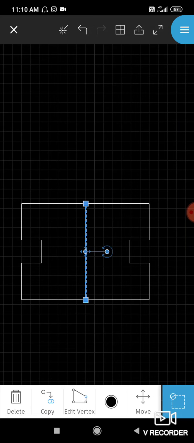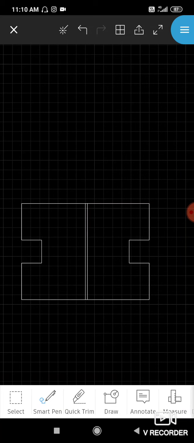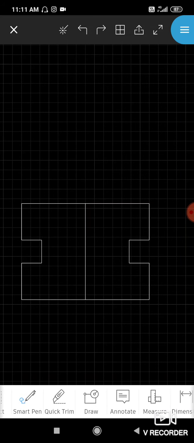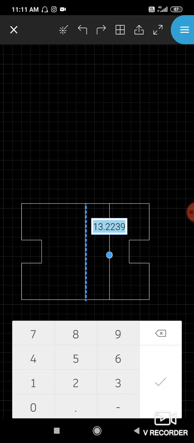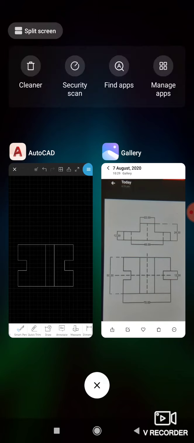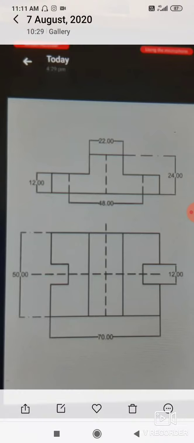Now select this line and go to the offset command, and here enter 11. The 11 dimension I wrote means here in the front view they gave 22 distance. 22 means from the center of the axis it is 22 across both sides, so I divided it in half, 11 and 11. This means this side 11, that side 11 from the axis.